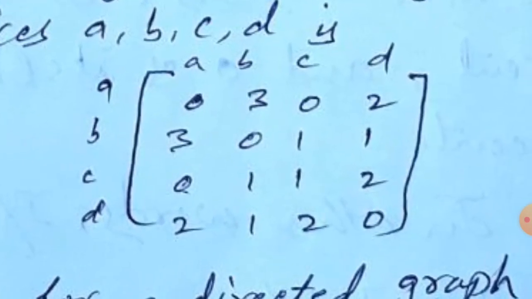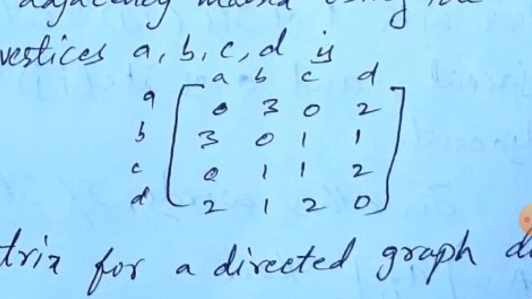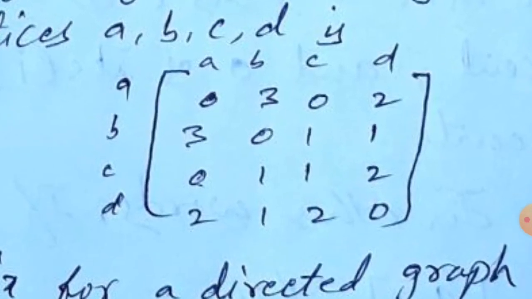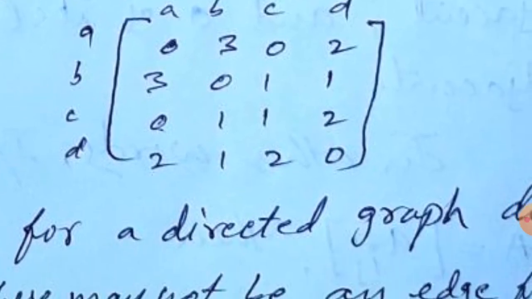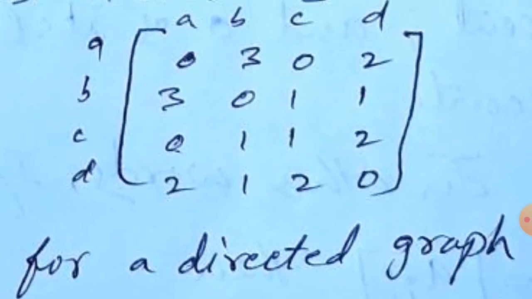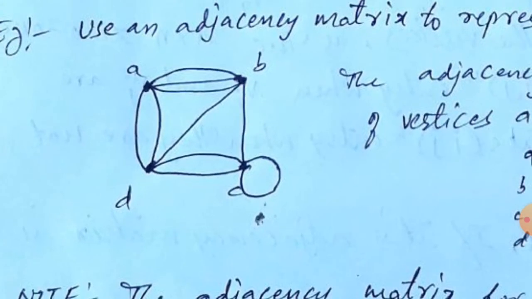And observe the similar edges and write the adjacency matrix. You will get the adjacency matrix like this. So 1 means only one edge is there, 3 means between those there are 3 edges, 2 means, observe D to A, 2 edges are there. Observe in the graph D to A, 2 edges.